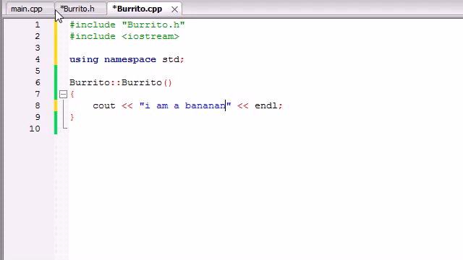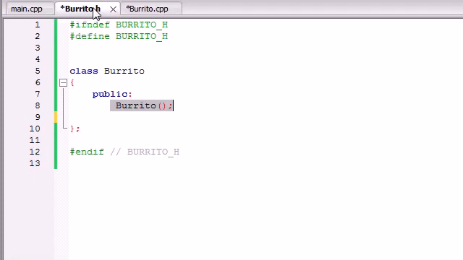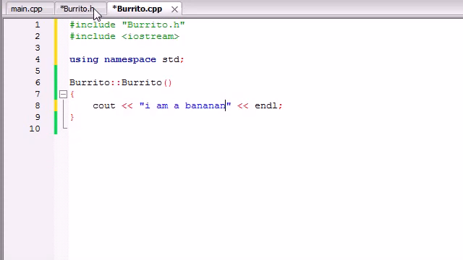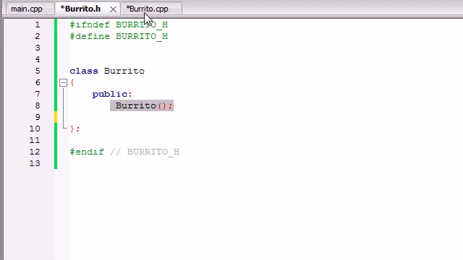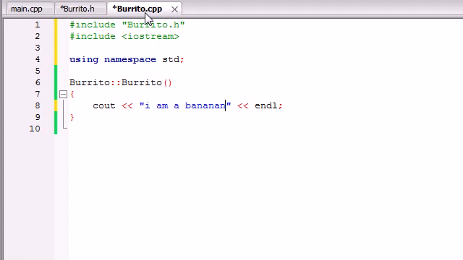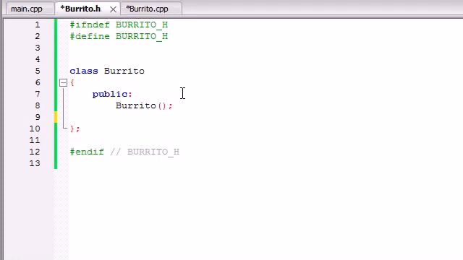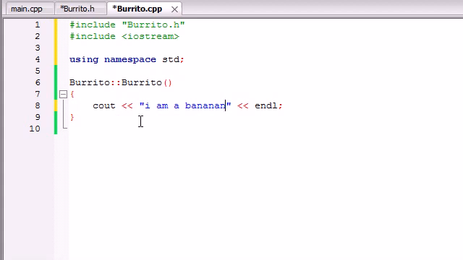Before I run this program, I want to talk to you guys about one more thing. You're saying, all right, Bucky, I understand how to do this, but just out of curiosity, why do you have to separate the .h and .cpp file? Why didn't whoever made C++ just let you make it all in one file? Well, the reason behind that is this. Whenever you're going to give these functions to your friends to use, or you're working on it with a team of programmers, or maybe you're distributing this for sale on the internet,